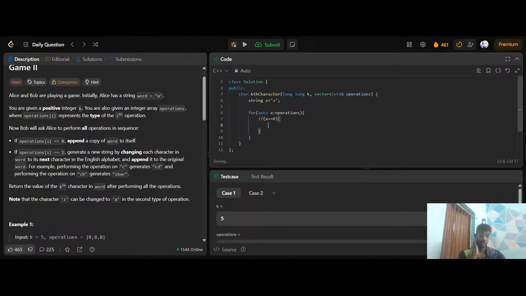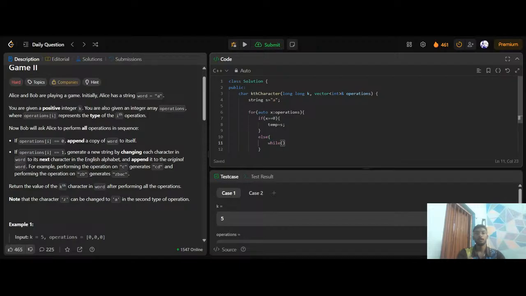I append a copy of word to itself. So I have to do temp is equal to s, and if not, then